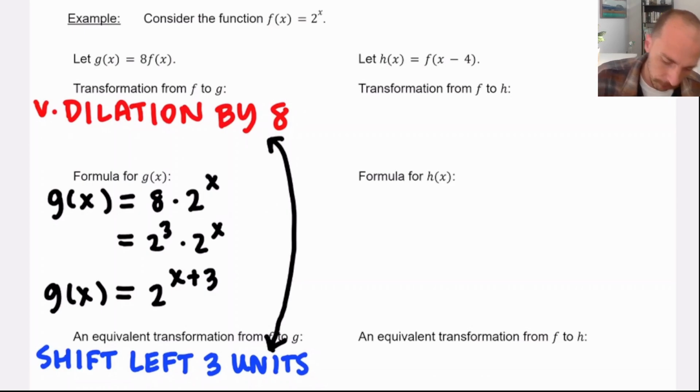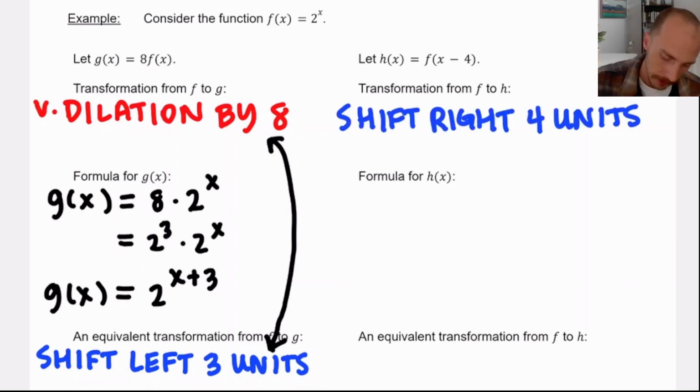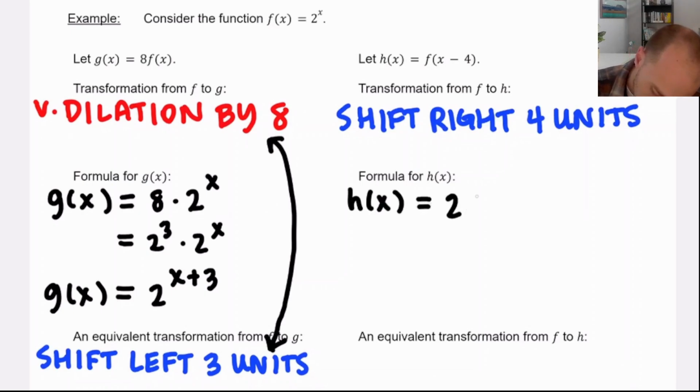Okay, so f of x minus 4, that's going to be a shift. And since I'm subtracting 4, that'll be going right by 4 units. If we wanted to write a formula for h of x, I'd say, all right, well, h of x is f of, so that's 2 to the power of x minus 4, replacing x with x minus 4 wherever I see it in the formula for f. Okay, so h of x is 2 to the x minus 4 power, and now I'm going to apply this